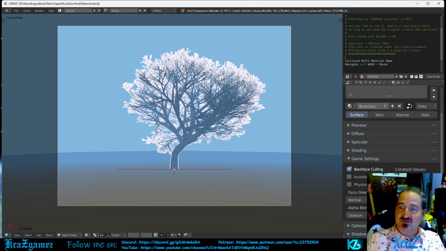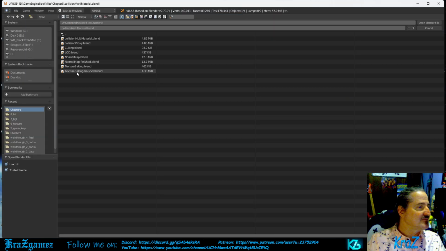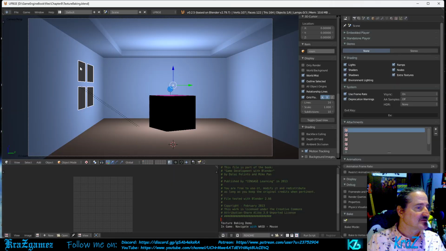So for the tutorial, let's try this out. We're going to open up Texture Baking Blend. Let's go to Open, and we're looking for Texture Baking Blend. Okay, there we are. Run the game and notice that this interior scene is very flat and the lighting isn't